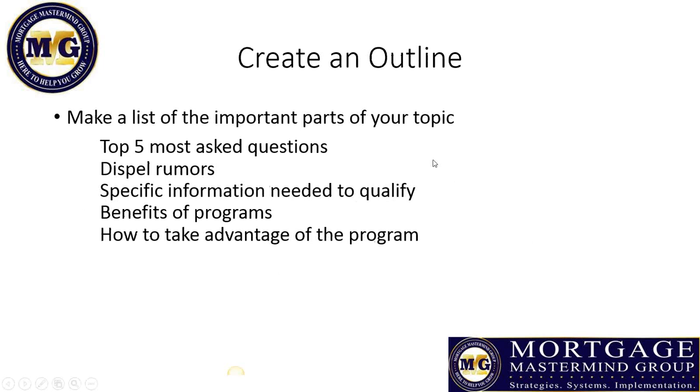Maybe I'm doing a USDA loan niche, and that's my topic because I'm focusing on people that are maybe more apt to move into a rural area, or I'm targeting specifically a rural area. And I want to make sure that they understand all the ins and outs of how that USDA loan program works. And so I break down the specifics of how a USDA loan program works. 1, must be in a rural area classified by the USDA. Number 2, it's a zero money down loan. Number 3, this is how much property it has to be. All of those different things.